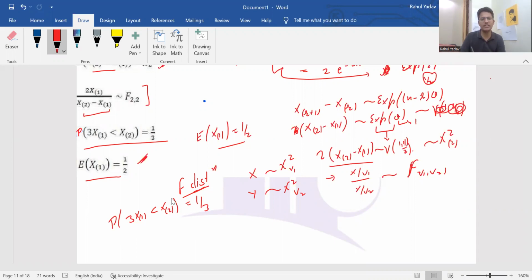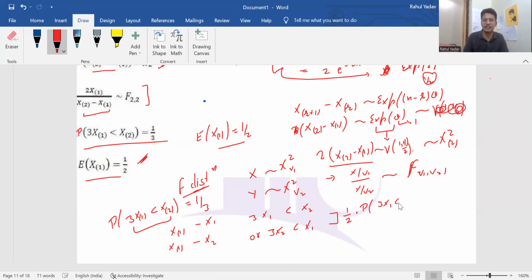Looking at this situation, this particular event can happen in two ways, and they are both equally likely: either 3x1 less than x2 or 3x2 less than x1. These have equal probability. In one case x1 may be x1, and in the other case x1 may be x2. Both events are equally likely, so the total probability will be 1 by 2 times the probability that 3x1 is less than x2, plus 1 by 2,